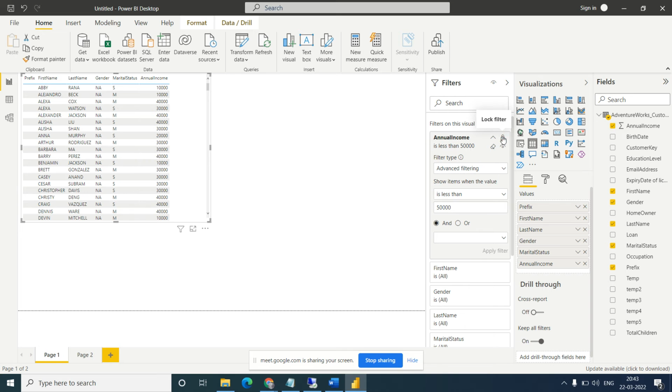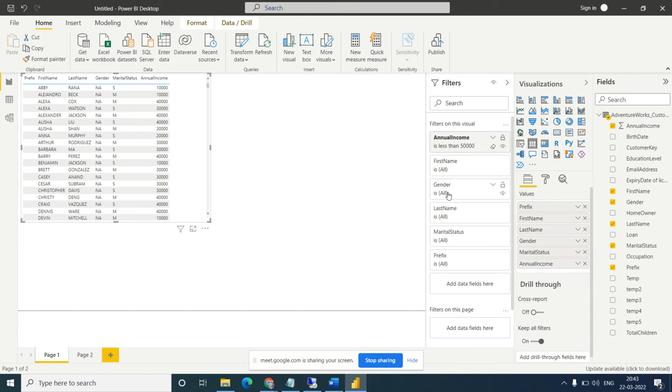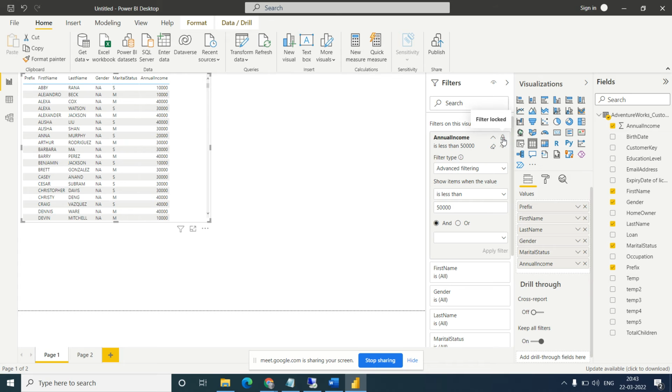When I lock this, it will not change anywhere now. We need to open this again and unlock it, then we can change the value, otherwise it will not change anything. So this is the lock option, this is the hide filter, and this is the clear filter option. So these are the options available.